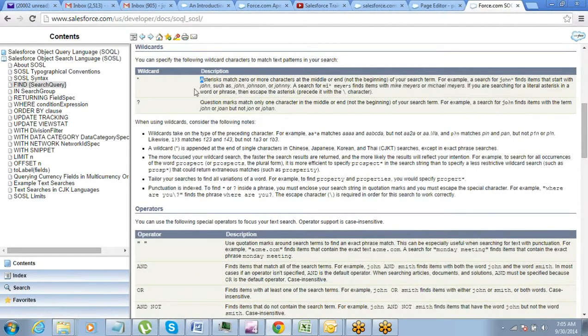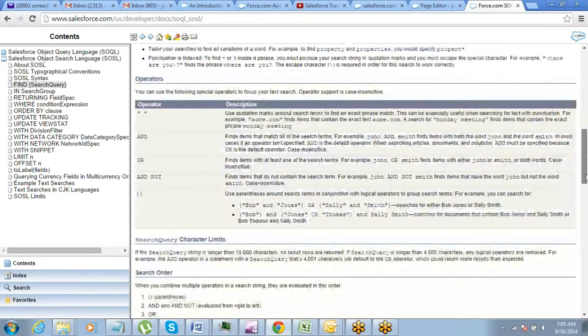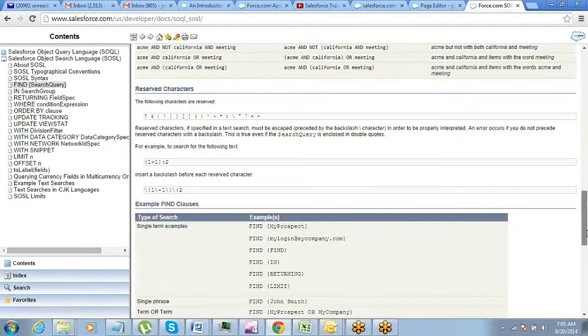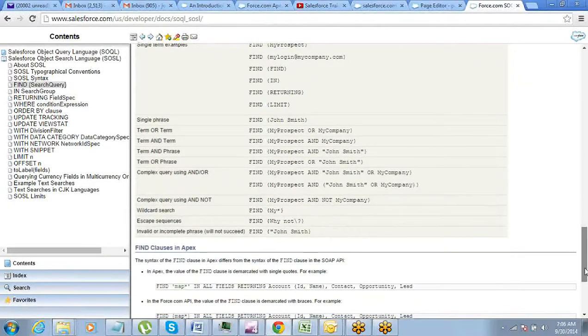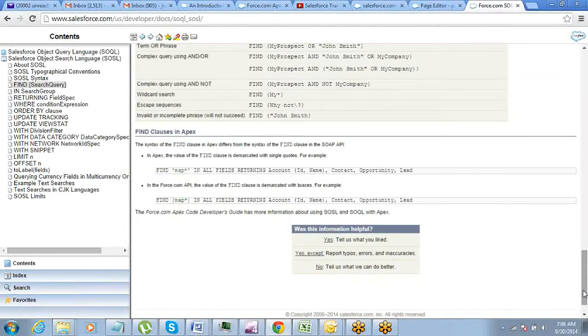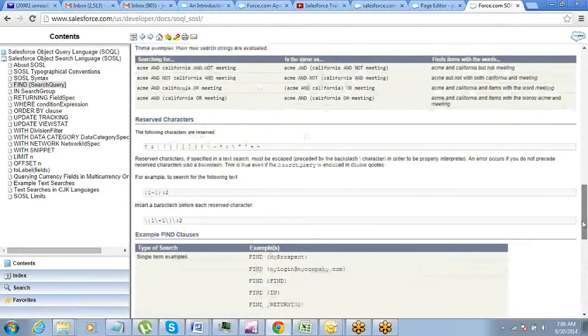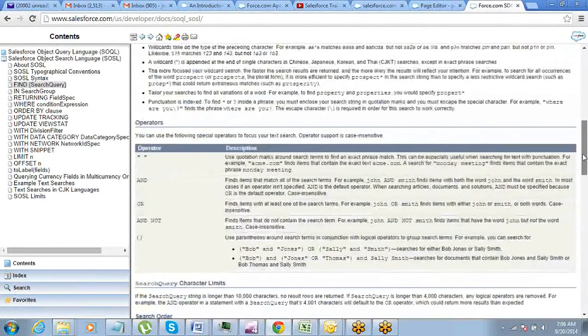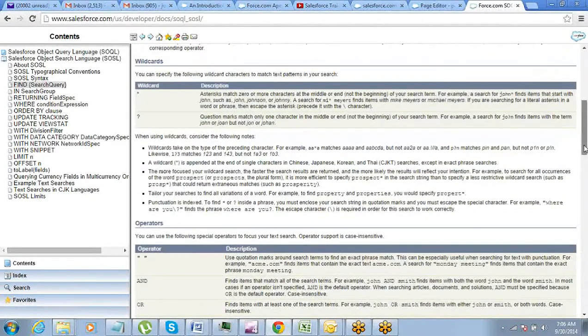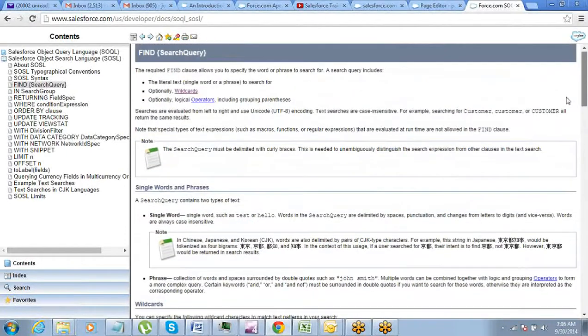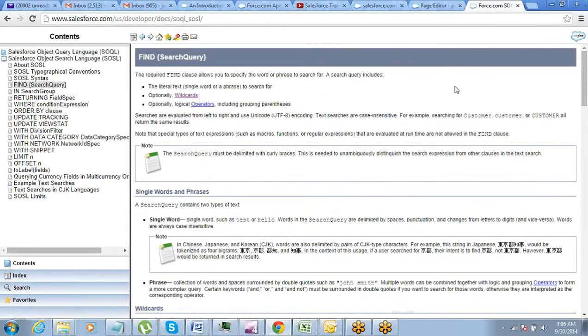So asterisks and question marks, these wildcards you can use, right, for search. So in case you have to use wildcards and all, you need to understand this part a little further.